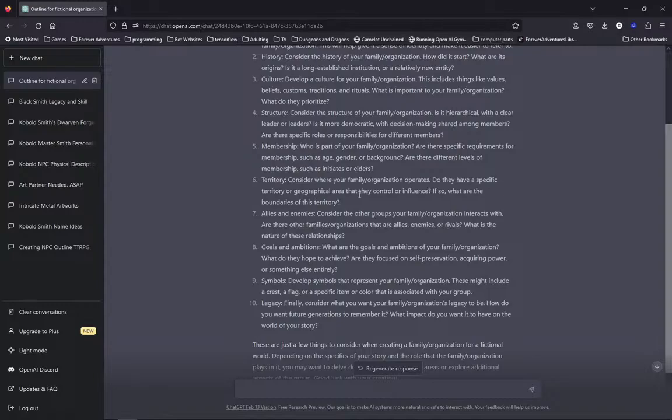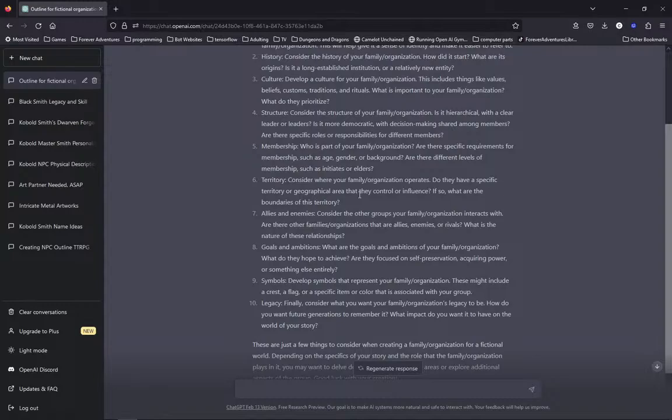And legacy. Finally, consider what you want your family organization's legacy to be. How do you want future generations to remember it? What impact do you want it to have on the world of your story? This is one that I've totally left out, even though ChatGPT recommended it. And it's because since we're using these to create stories, I don't want to write the ending before we write the rest of the story, especially because we want to use these in as many different stories and games as we possibly can.